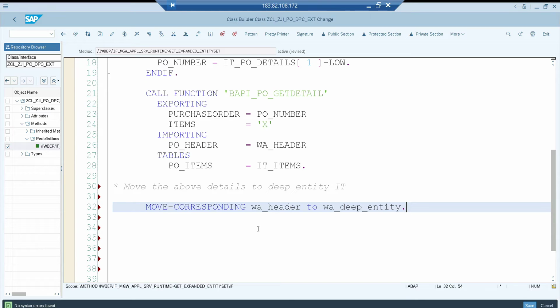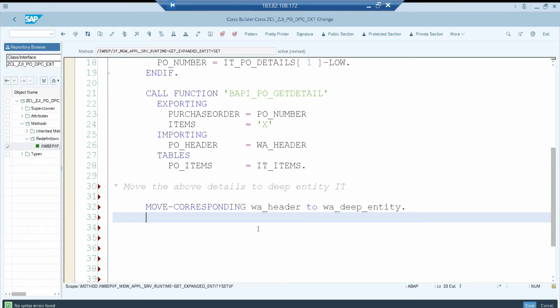But here WA header has all the fields from the structure, and I want to move only those that I declared. Even though I have 5 fields in the service builder, in the deep entity I declared only 2. That is also possible because I want only 2. I created 5 properties, but I want only 2. That is also fine. And I need to move